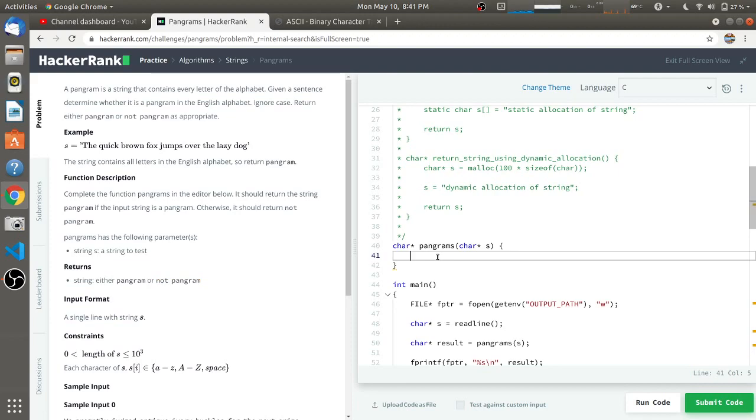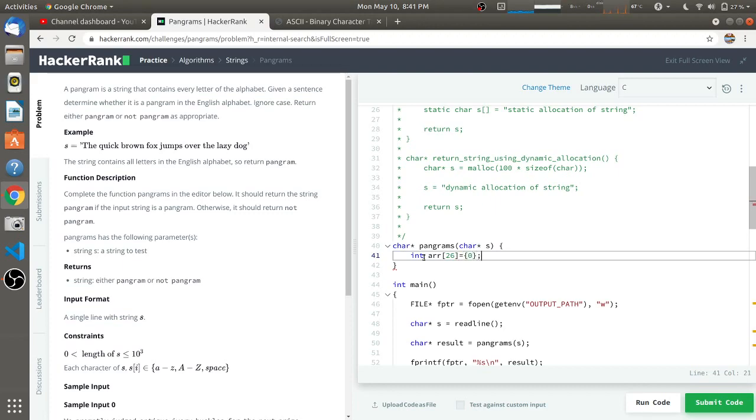How we are going to do that is we are going to check each and every character of the string, and we are going to put the respective alphabet into the respective index of an array. So firstly we have to create an array. I'll create an array of 26, as there are only 26 alphabets in English, and I'll partially initialize it with 0.